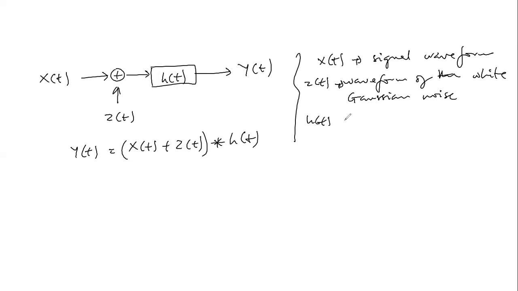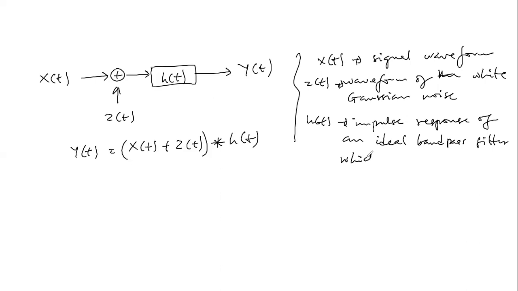And then H of t is the impulse response of an ideal bandpass filter which cuts out all frequencies greater than W, okay? And recall the Nyquist Theorem, that it states that a periodic signal must be sampled at